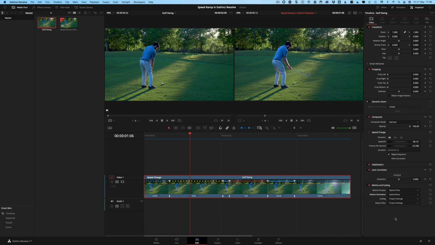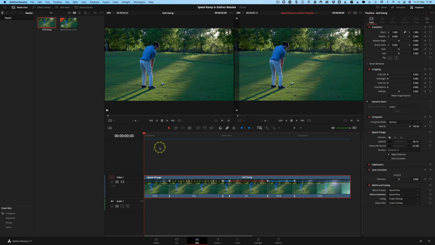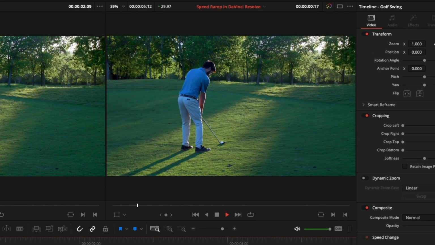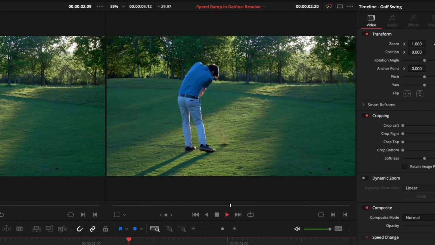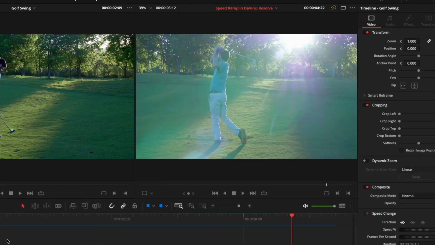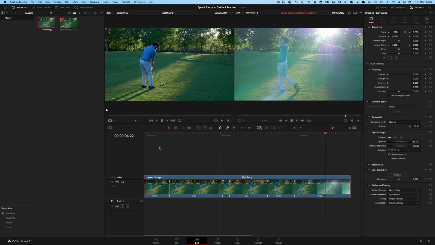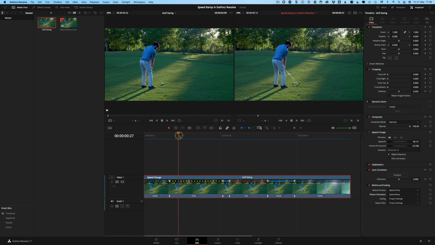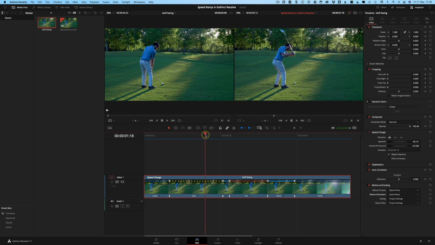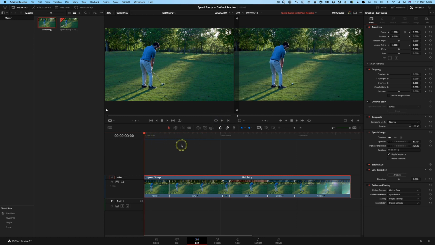Okay, so now we have that rendered out. We're using optical flow and speed warp. You see what kind of results we get now. Really good. And what you can see here is that we've basically just done some really cool retiming. We've done some speed ramping, and we've used optical flow and speed warp, and actually on a clip that isn't even high frame rate has got a really nice looking result. There's always going to be some motion blur in this golf club because this wasn't shot at a high frame rate and it was probably shot with a low shutter speed. So again,